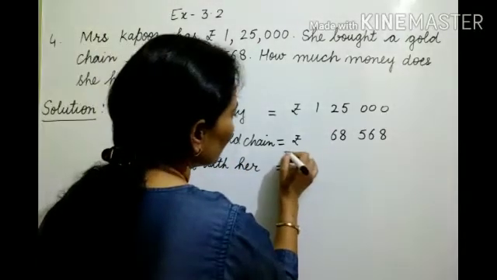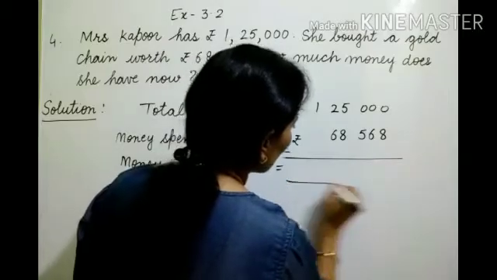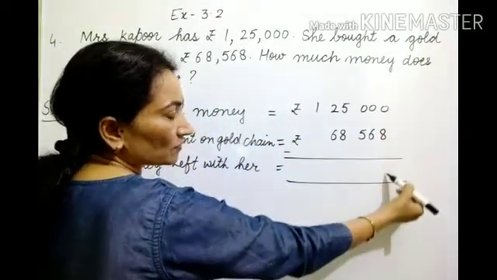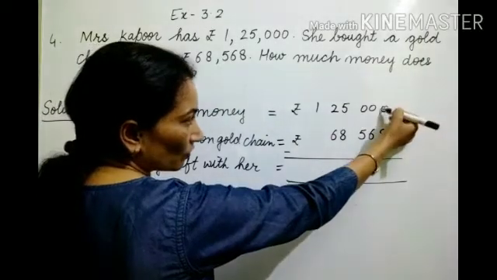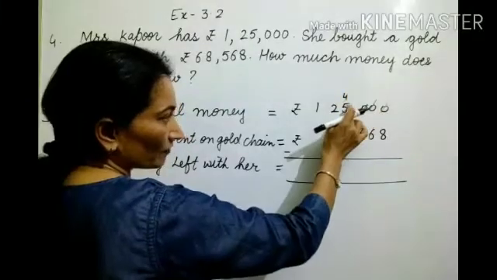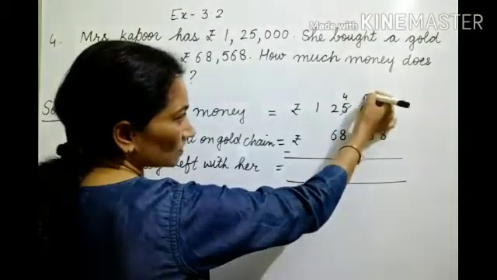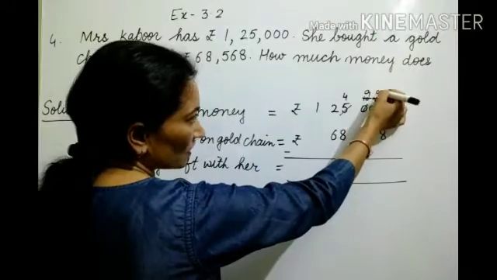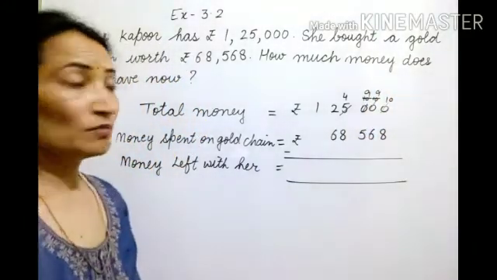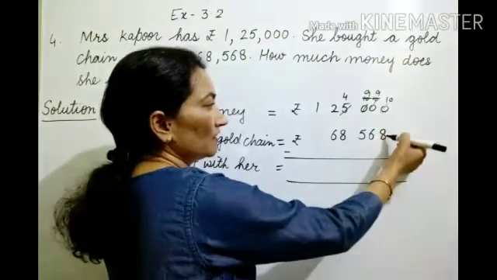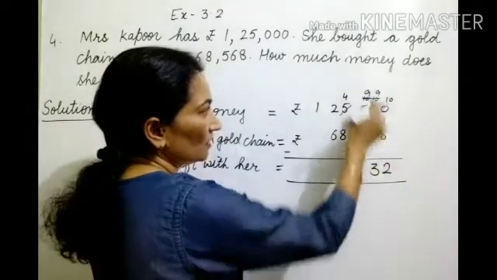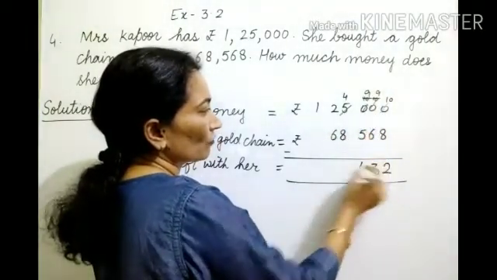By subtracting, we can find the left money. Start from ones place subtracting. As all are having 0, they will take borrow from 5. Here we come with first 10, then 9, first 10, then 9, and in last in ones place there will be 10. 10 minus 8 is 2. 9 minus 6 is 3. 9 minus 5 is 4.